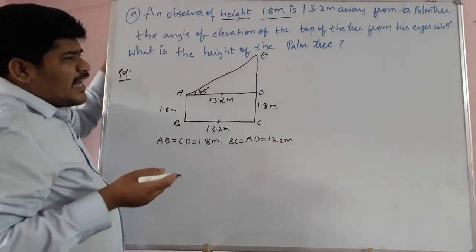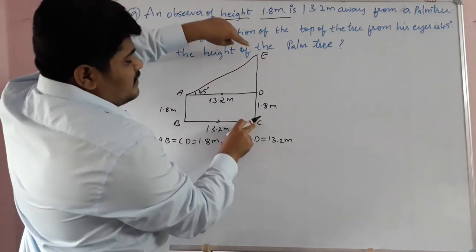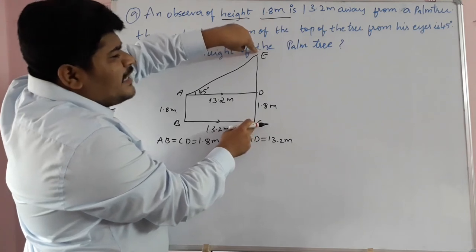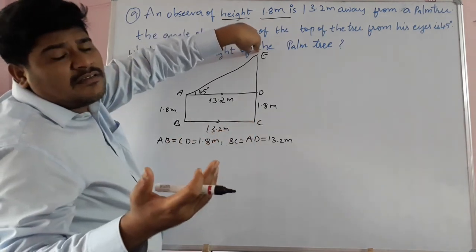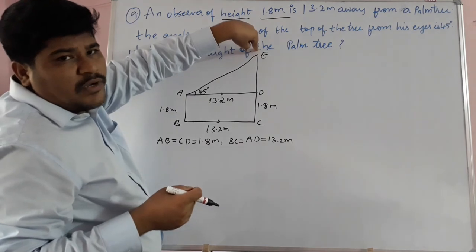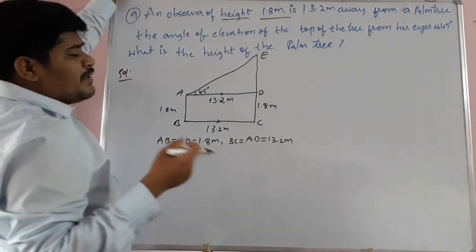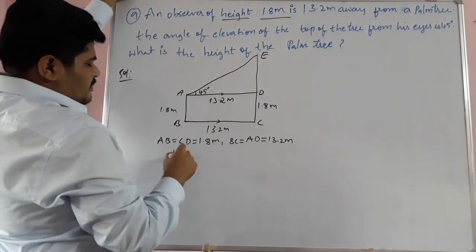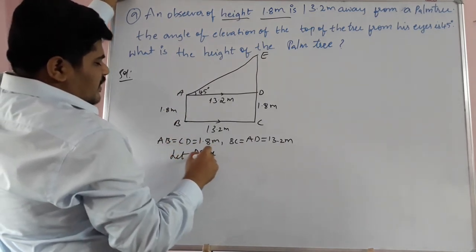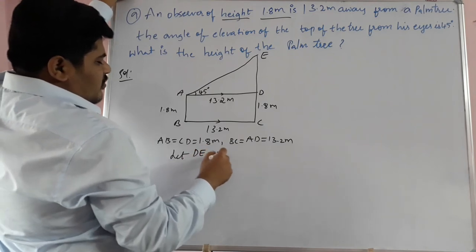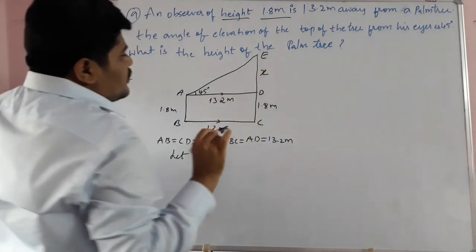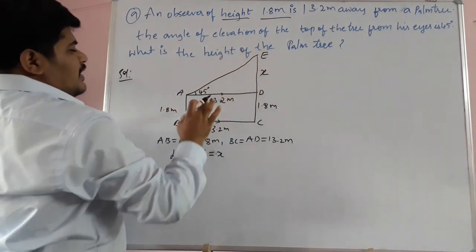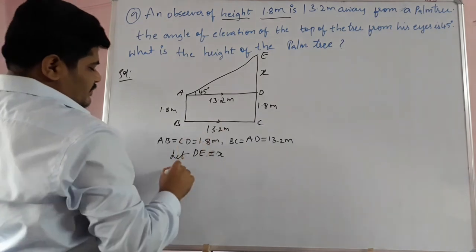So students, here the height of the palm tree means from C to E. So CD plus DE is nothing but the height of the palm tree. CD is already there as 1.8 meters, so we need to find the length of DE. Let DE be equal to X. Now, from triangle ADE,